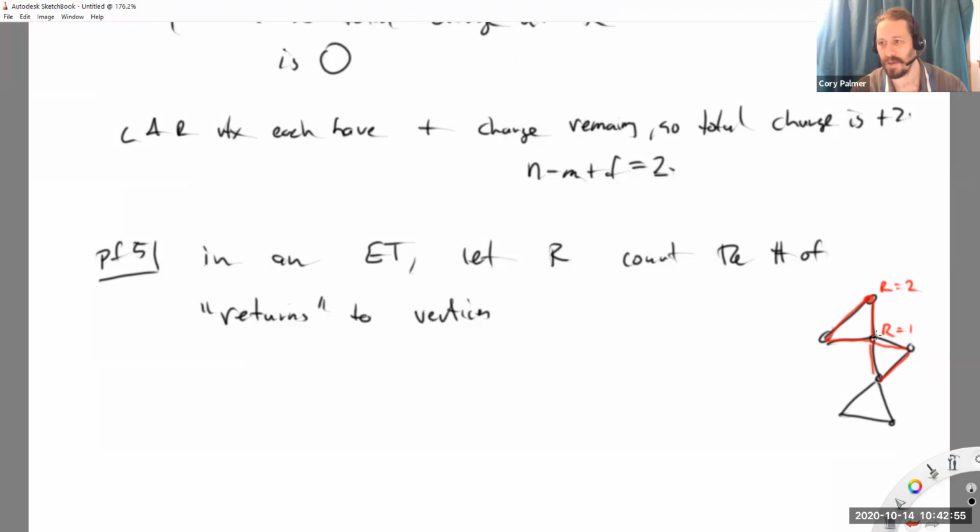It has to do with degrees because if the degree is 2, R will only get a contribution of 0. But if it's 4, then I have to return. If it's 6, I'm going to return twice. If it's 18, I'm going to return 7 times or whatever it is, right? So we can predict how many returns there'll be, and R is the number of returns over the entire tour,